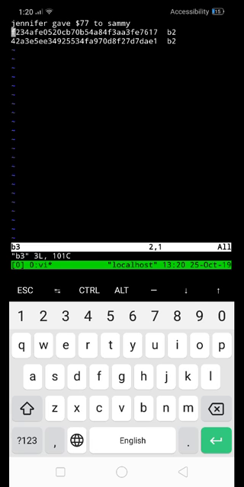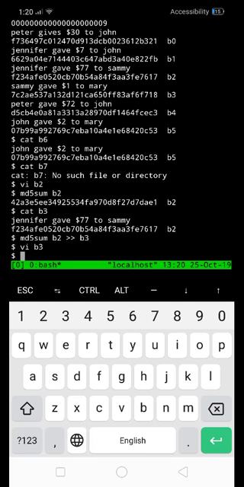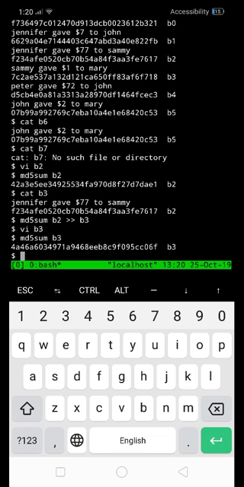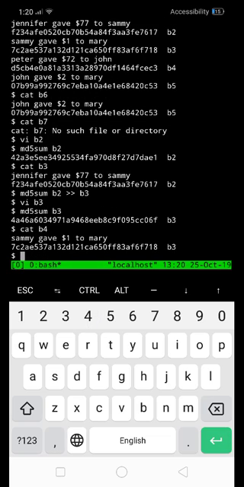Okay. There. But then the checksum of B3 is also in B4. See? And if we check B4, they do not match.